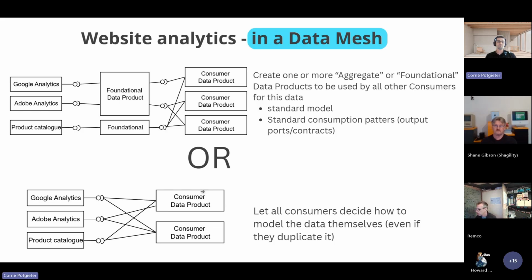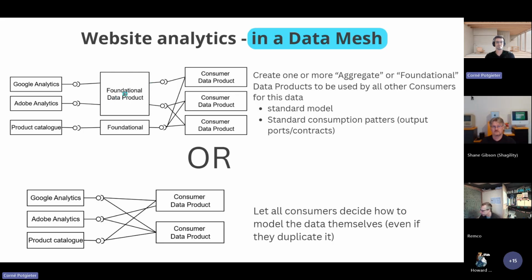So I try to always tell the product owners, you know what it means when you approve an access request from a consumer of your data product. You become responsible not just for your own team, but for all downstream teams that want to use this data. It's a big responsibility. So I think that's more the reason why this happens, and it will happen. So it's probably making sure that the data product owners know the onus when they decide to actually create a foundational data product.